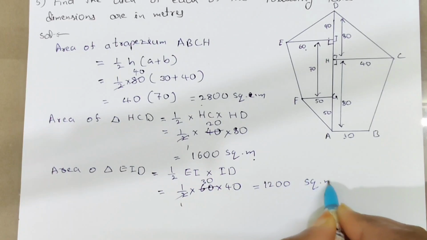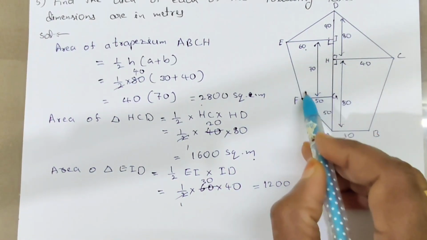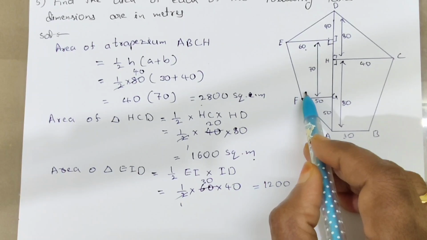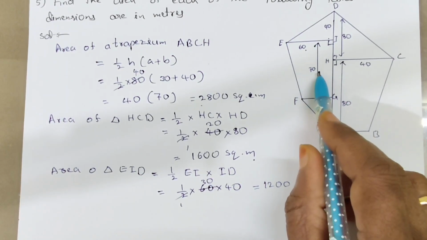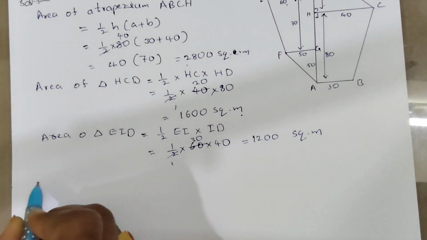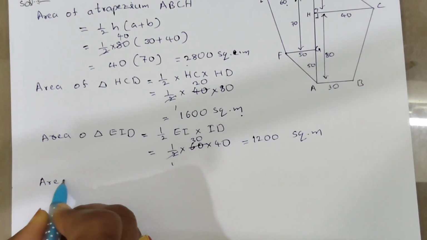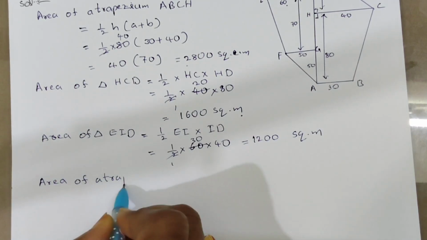1200 square meters is the area of this triangle. Now next we find this trapezium area. Here we know the two parallel sides and height. So we find the trapezium area. Now here, area of a trapezium